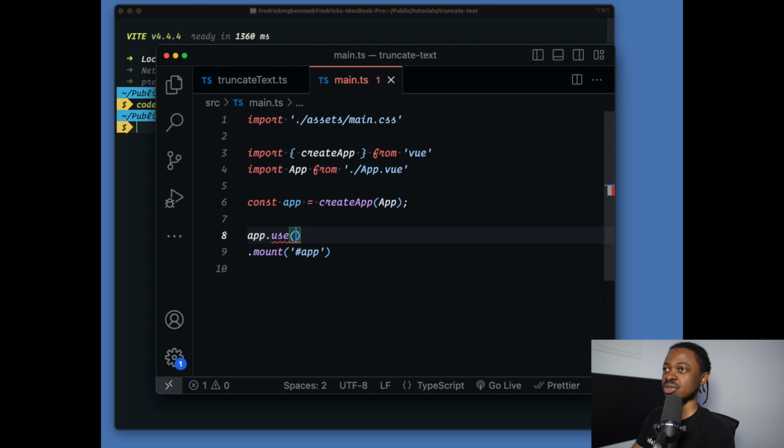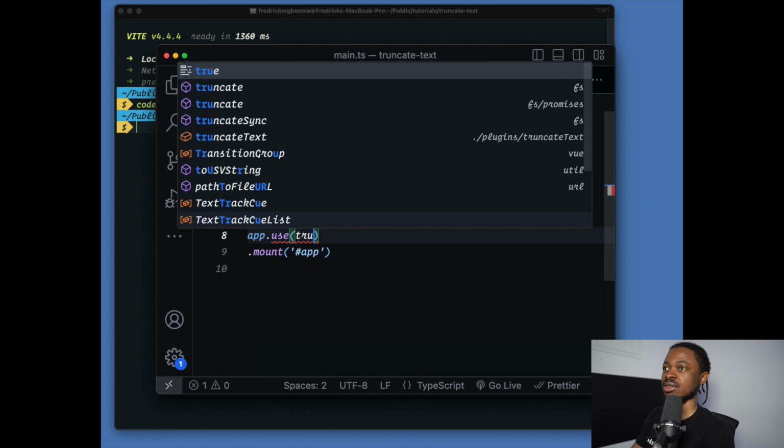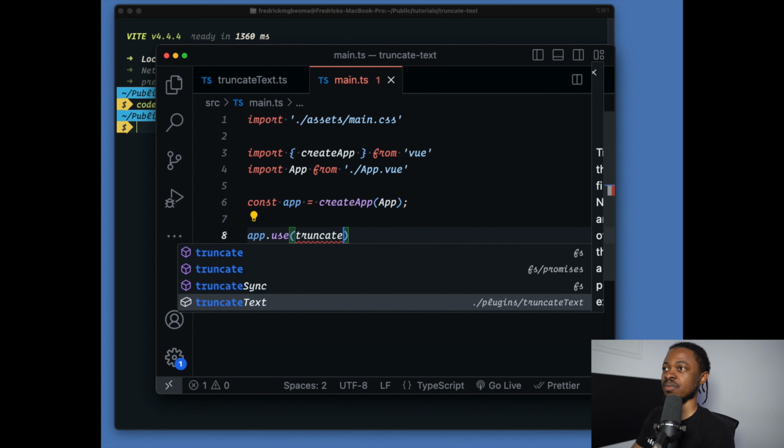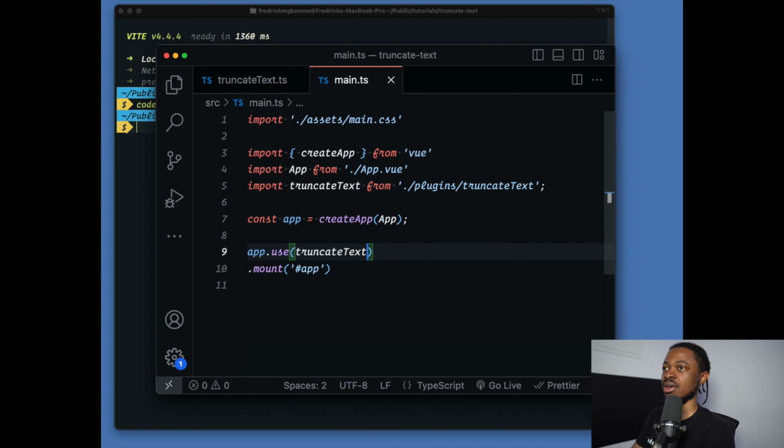So we would need to actually import the plugin. So let me use VS Code's auto import here. So it basically imports the plugin, and it's as simple as that. So in this case, we have the plugin installed, and how do we actually use it? So to test its usage,